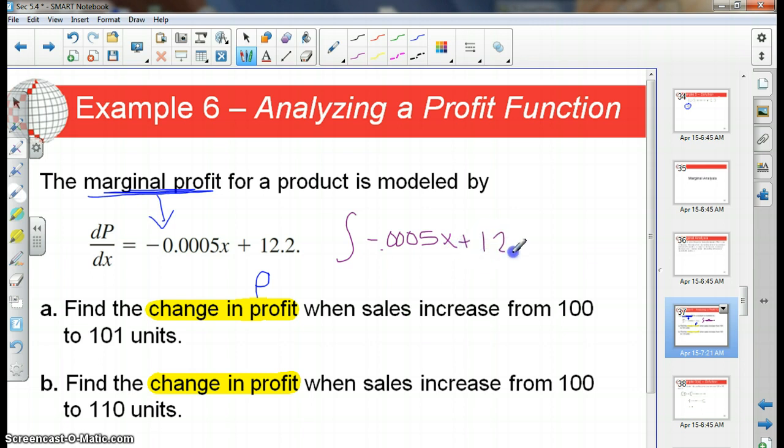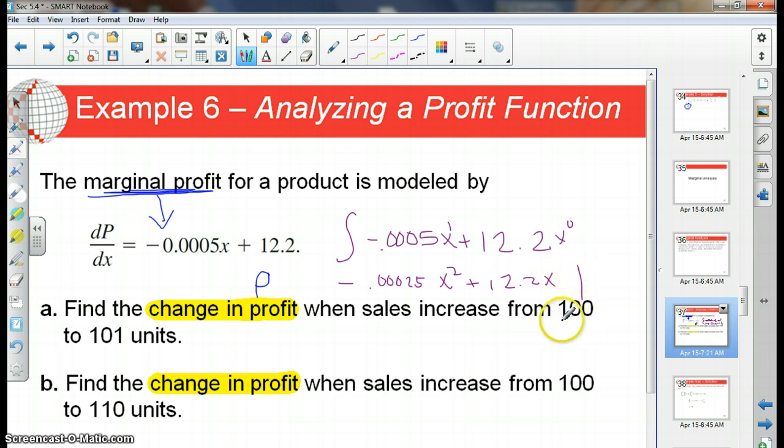So let's do it. Let's increase the exponent by 1. So this 1 goes to x squared. And then I need to divide by 2. So if I take half of 0.0005, I think I'll get, of course, the negative just gets dragged along, or you can throw a negative 1 outside. Half of 5 is 0.25. And I'll do the same thing with 12.2. Increasing this exponent by 1 becomes 12.2x. And of course, there's some plus c, but it looks like I don't need to say plus c because